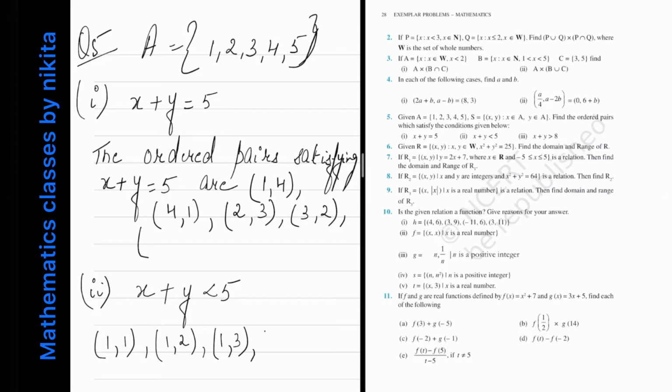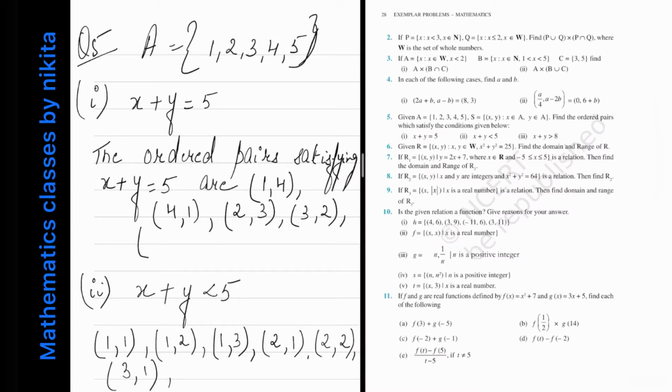So now let's put x equal to 2. If x is 2, y can be 1 first of all. Then if x is 2, y can be 2, and then I'll stop here with x equal to 2. Then I'll substitute x equal to 3. If x is equal to 3, first of all y can be 1. Now y cannot be 2, so I'll stop here. Now if x is equal to 4, then y has to be 0, which is not there.